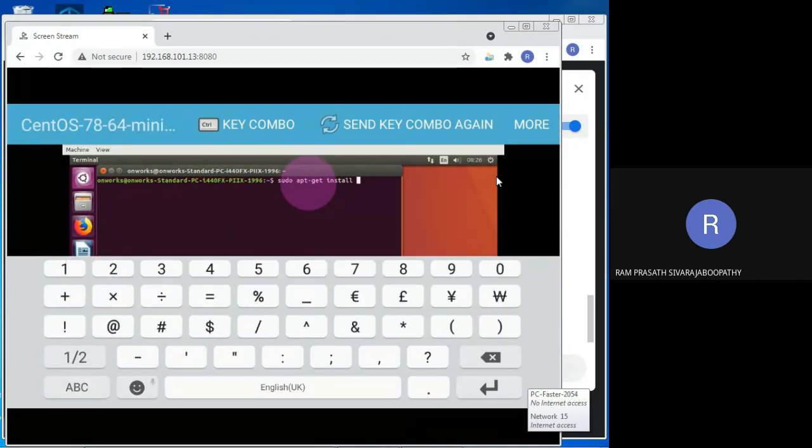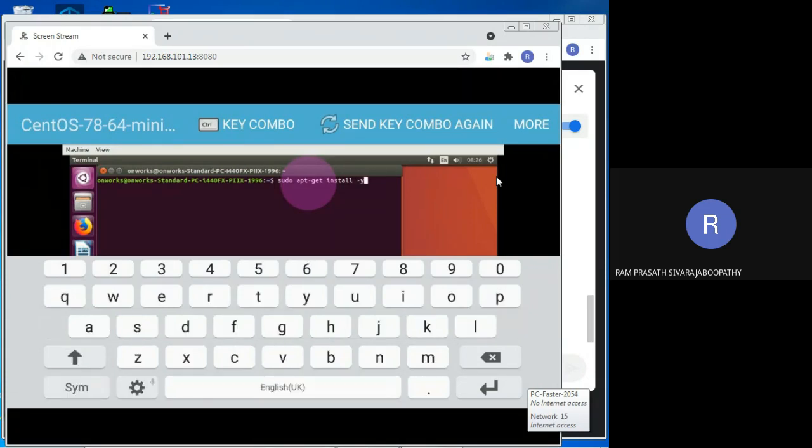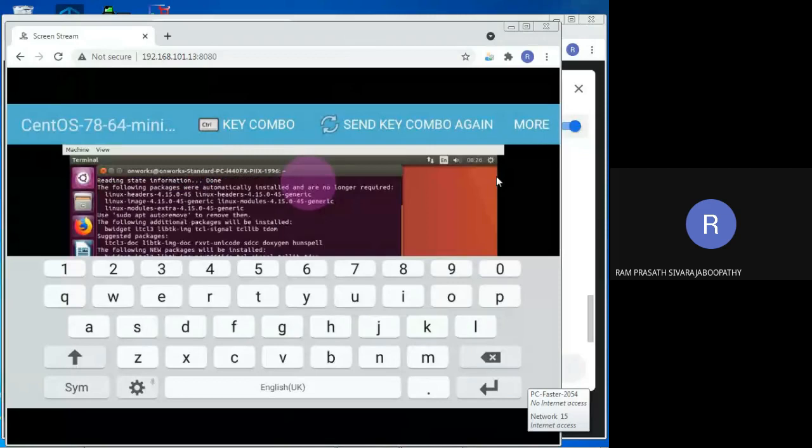That's it. Okay. So click on enter. So it is asking password 1, 2, 3, 4, 5, 6. Enter. Yes, it is installing now.